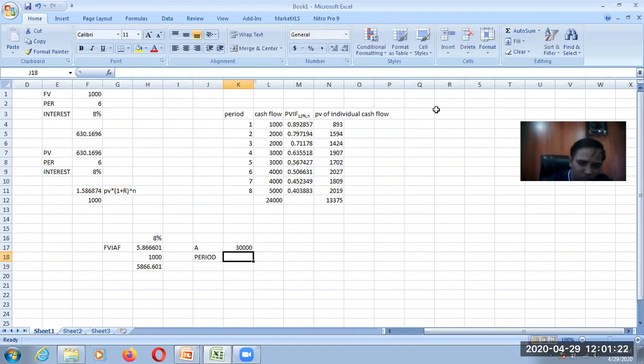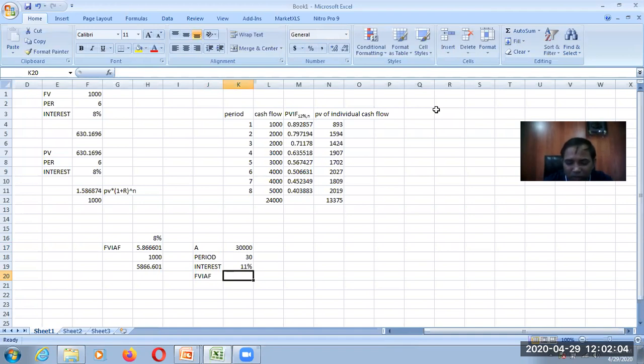Periods are 30 years, interest rate is 11 percentage, and what I need to find out is the future value of this amount. I'm investing 30,000 from today. I started investing from today, and I am supposed to receive it at the end of the 30th year. So if I put this in the time value of money, your amount will be invested today and received at the end of the 30th year. So let us try to find it out. But prior to calculating the future value, I will be calculating the future value interest annuity factor.